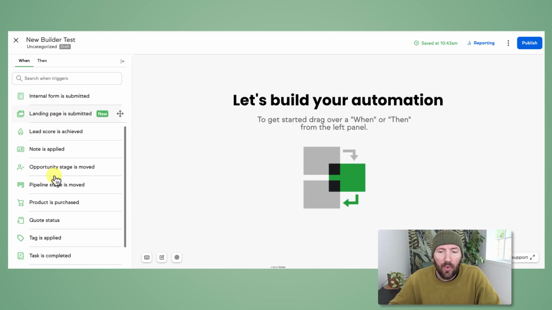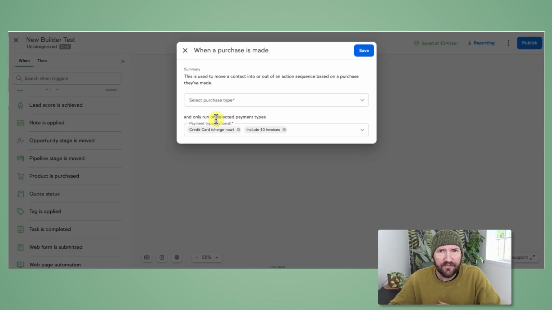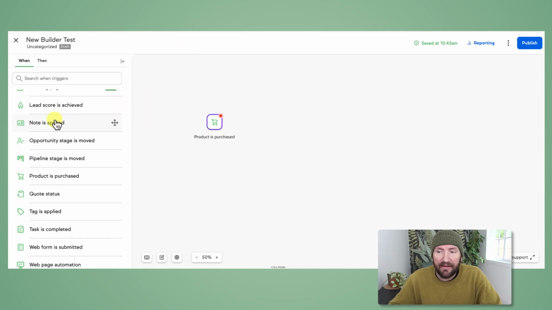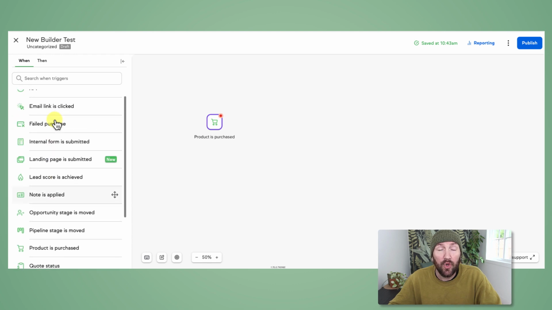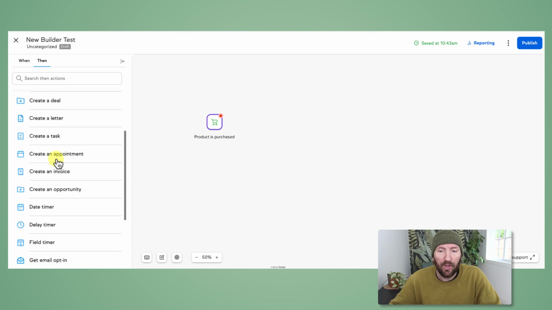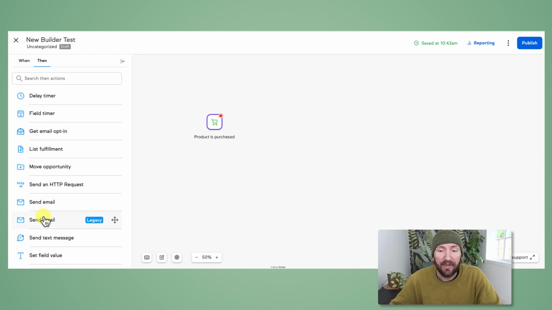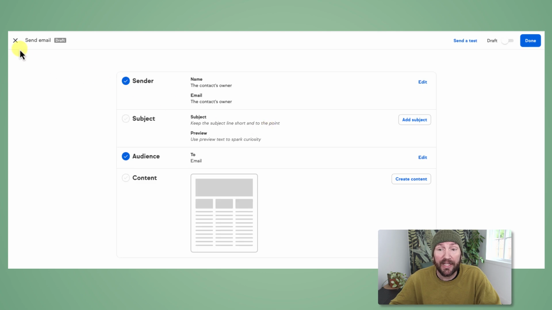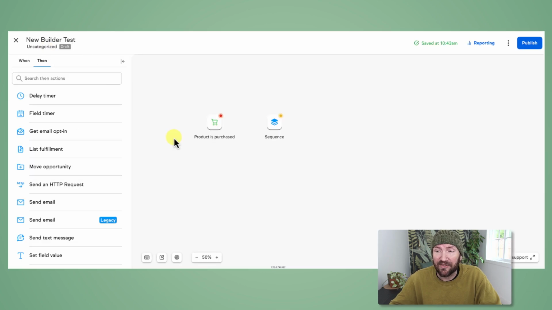is that as you are building your automation, you'll notice that each item you add automatically opens. And that's okay, but if you are like me and a lot of Keap users, you might prefer to lay out your automation from start to finish before you configure each individual element. And if each component is opening as you add it, it could cause frustration or it could slow you down, right? So as you are building and adding, each component is popping up and asking you to configure it in